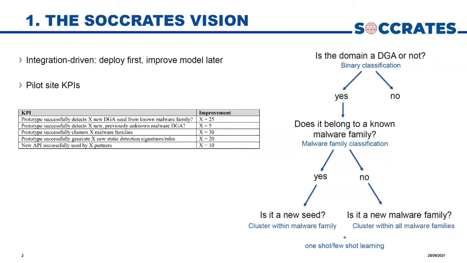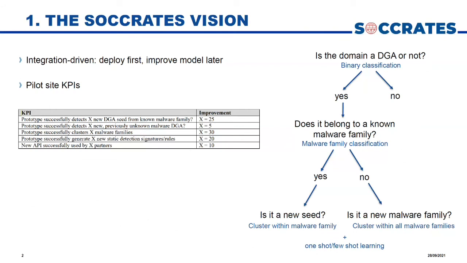The way we structured the approach was, when a new domain comes in, we first want to know, is it DGA or not? And for that, we basically do this binary classification. We apply machine learning that can say which one of the two classes it is. And depending on the outcome, we can investigate this domain name further and see, does it belong to a known malware family? And that we can basically do with some multi-class classification by, instead of saying, is it a DGA or not, being, is it a benign domain or is it one of these 85 plus families that we know?